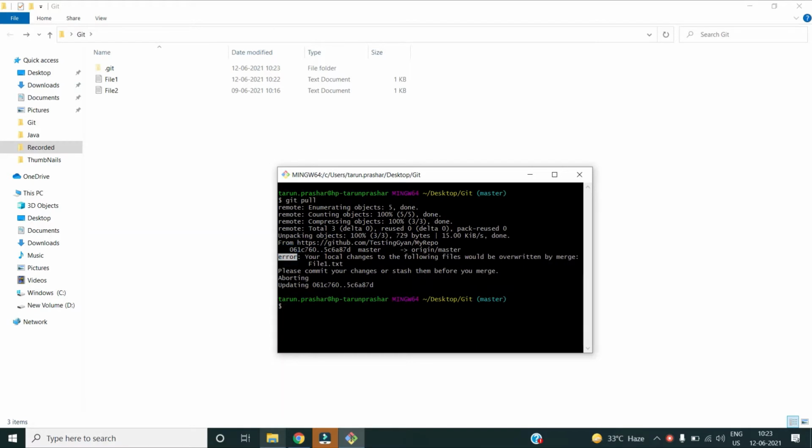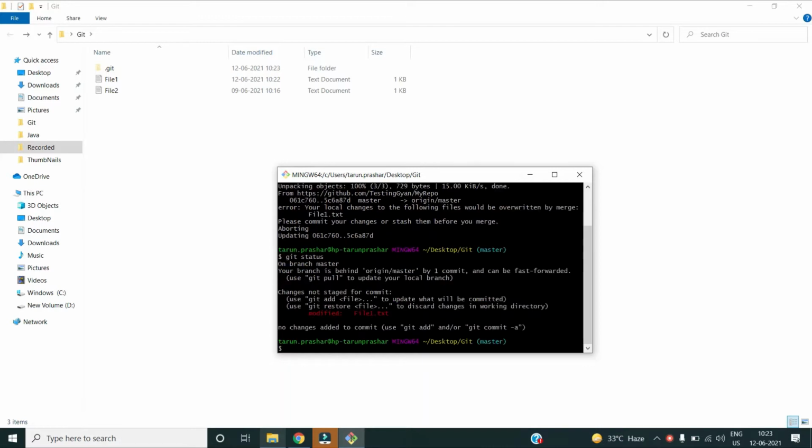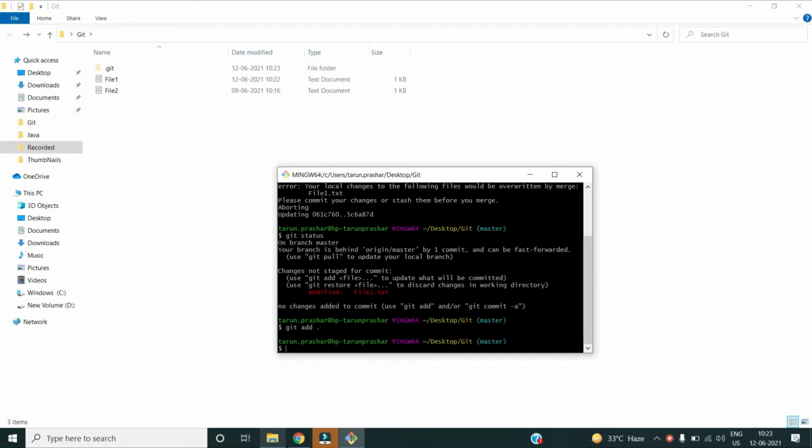Okay, so if I try to do the push operation as well, I have to do the staging. So first let me check what is the status. Okay, it is showing one file modified, file one. Then if I do git add, okay, it staged my files. Then I will prepare the commit by using the git commit command. My local commit.